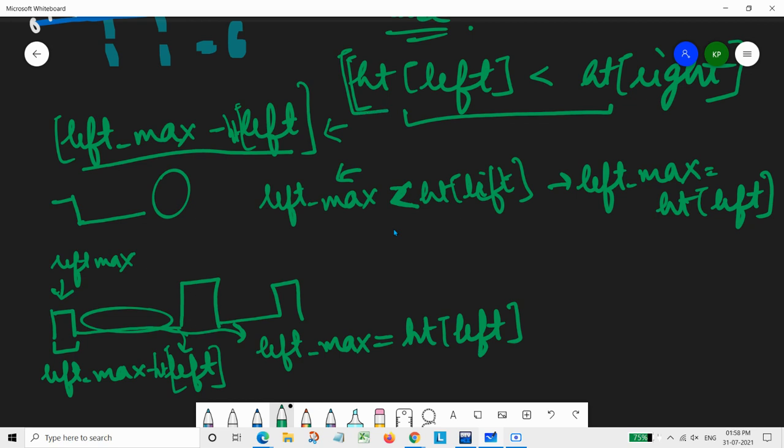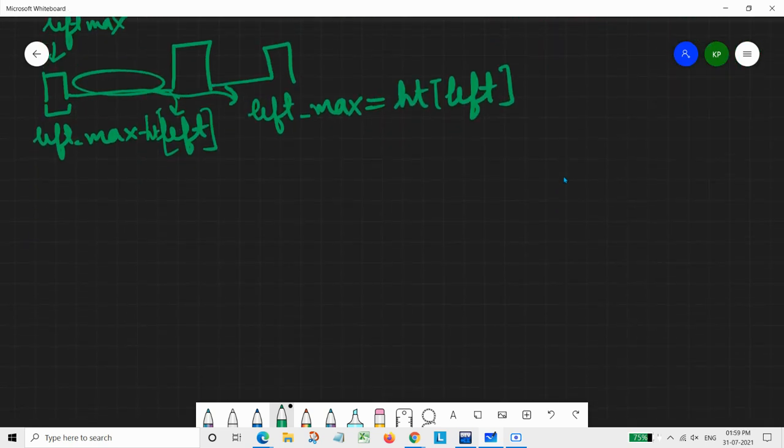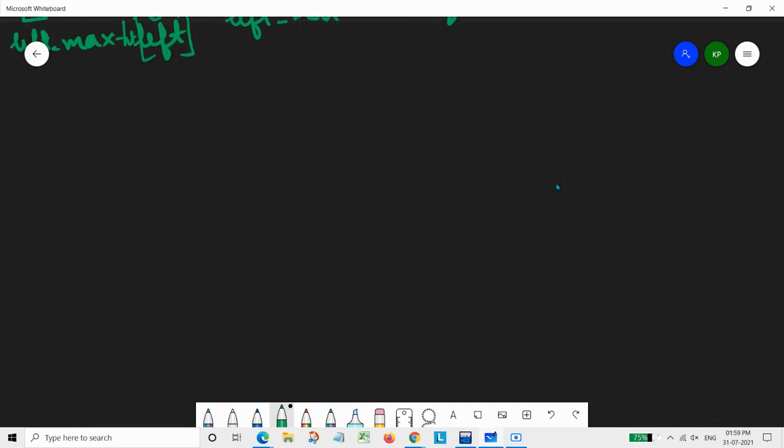So now the next thing: if this was the part for left and right, and there is a case that the left height is greater than the right height, then what cases do we need to handle? That means our case 2, when the height of left is greater than the height of right.